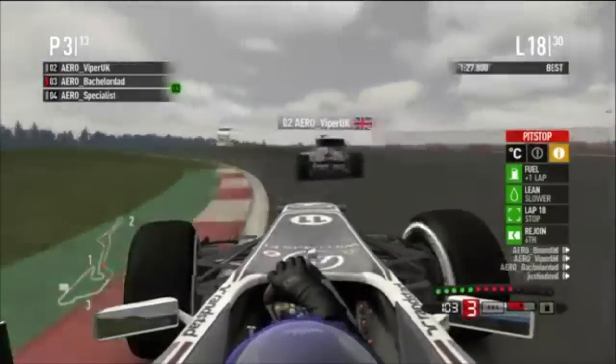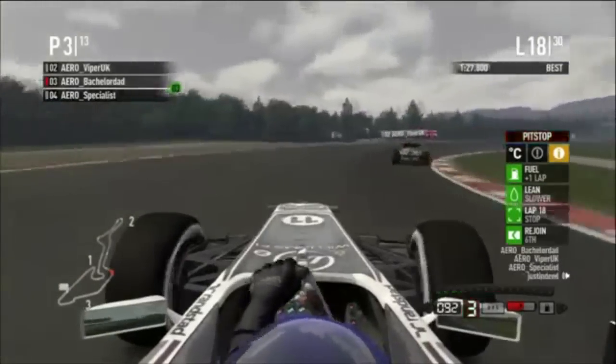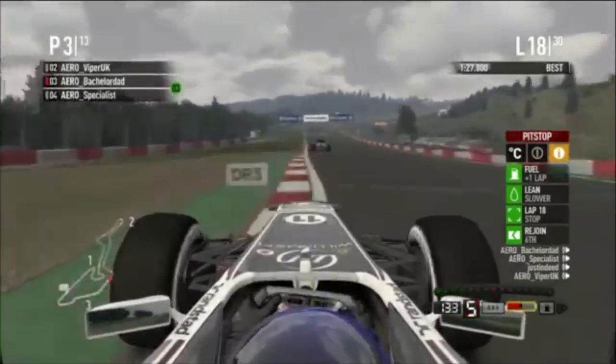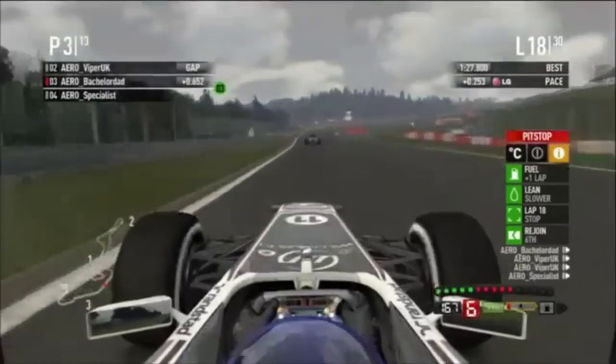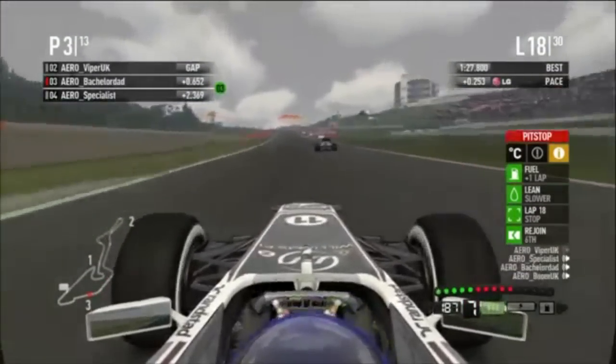After that run he's had in the first half of the race, coming from the back of the grid, he's got to have used fuel. He's got a very tall order to try and catch Aero Cobra at that, but never say never. Not with these two, no. No. So Aero Bachelor Dad now